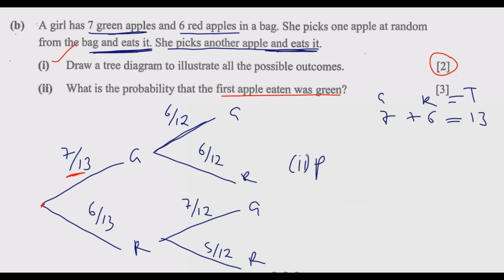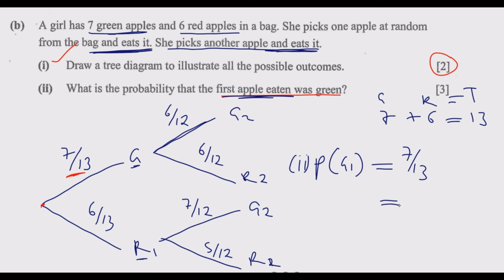So the probability that the first apple, so the first choice is this one. This is the second, this is red 1, this is red 2, this is green 2. So the probability that G1, which is the first apple eaten was green, is just 7 out of 13,